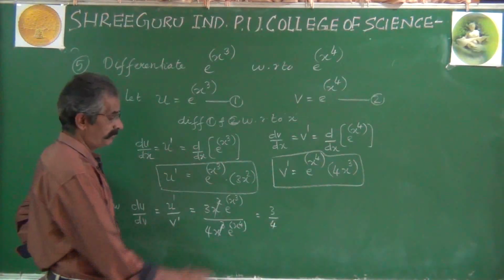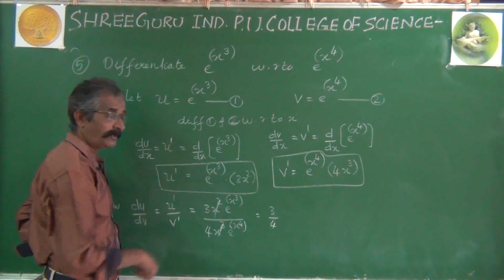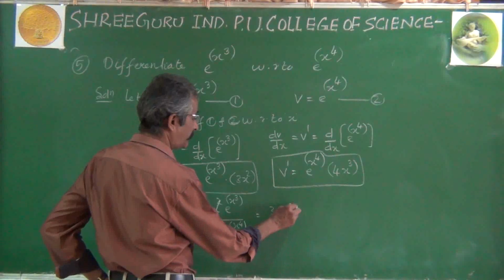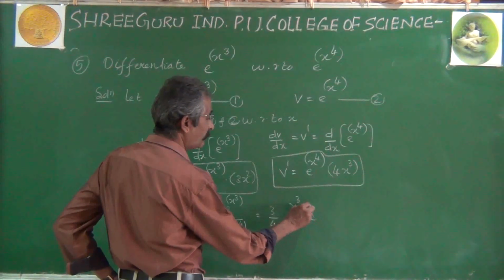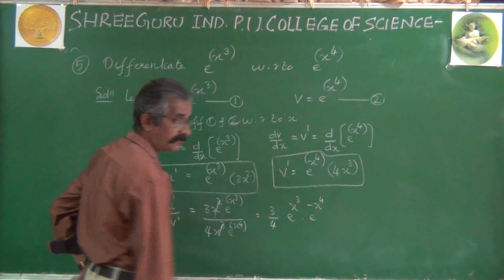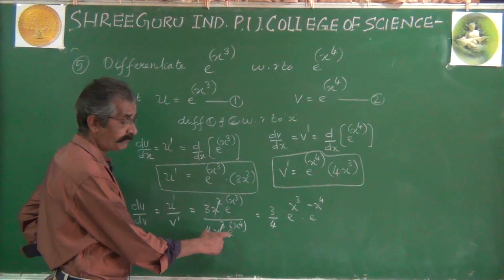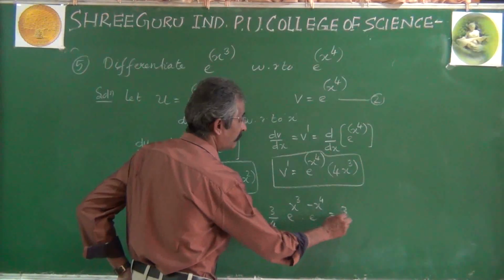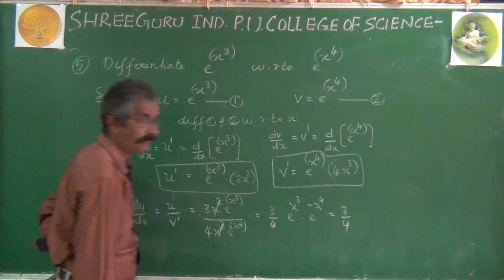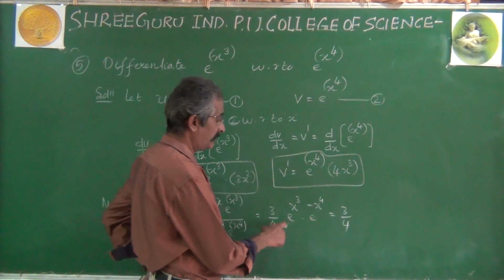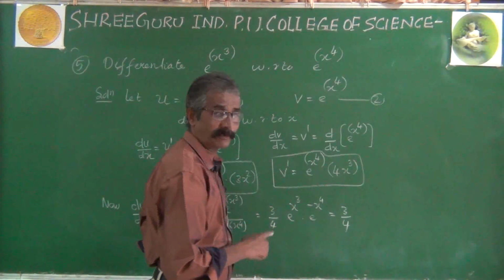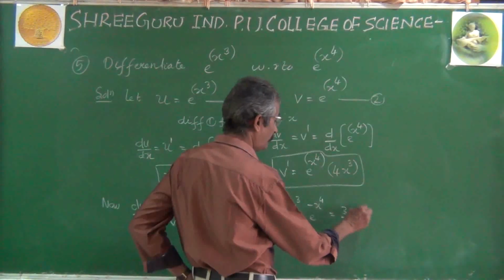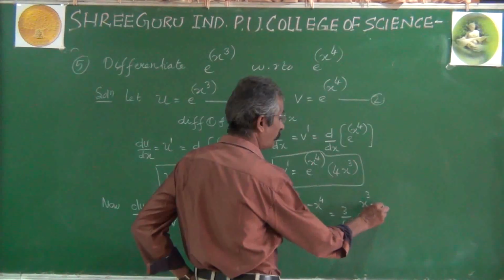And if you want, you can take e to the power x 4 into the numerator. Not compulsory. If you want, you can take. So it becomes now e power x cube into e to the power minus x power 4. That is when we shift this term to the numerator. Or one more step can be taken, 3 by 4 into, by laws of indices, a power m into a power n equals a power m plus n. So now it becomes e power x cube minus x power 4.